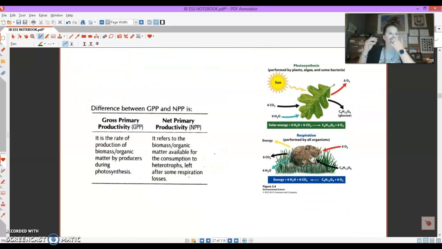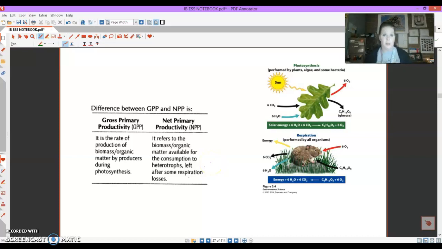Okay, now what is important that we understand is when we're talking about the whole food web concept, we also have to factor in photosynthesis, because photosynthesis supports the producers. It's what allows the producers to be alive, essentially. If you think back to biology, they have to do photosynthesis in order to survive. They make their own food. We can actually calculate how much of that energy is available to support the food chain. So that's when we look at